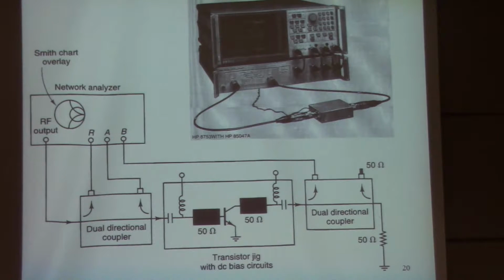People use network analyzers, and we use network analyzers to measure noise figures, everything there. And you see the design is pretty clever, and you can simultaneously apply DC to bias your transistor,